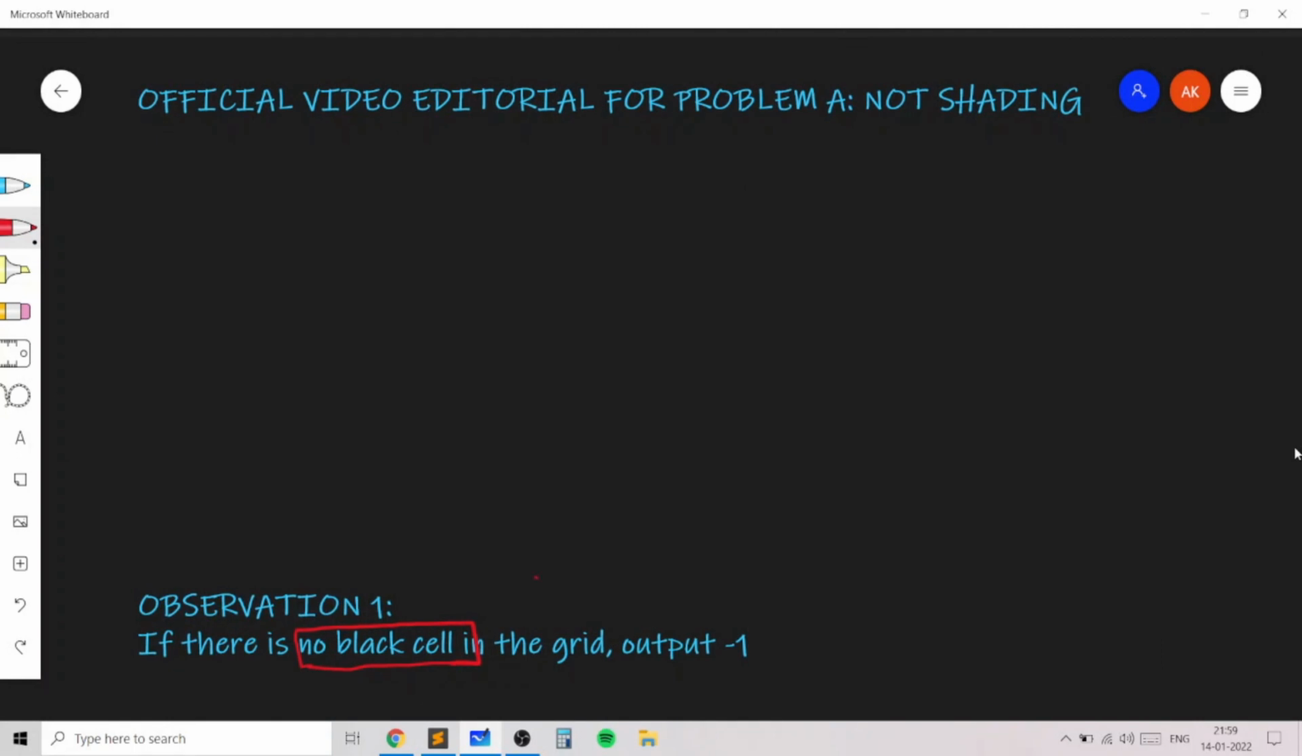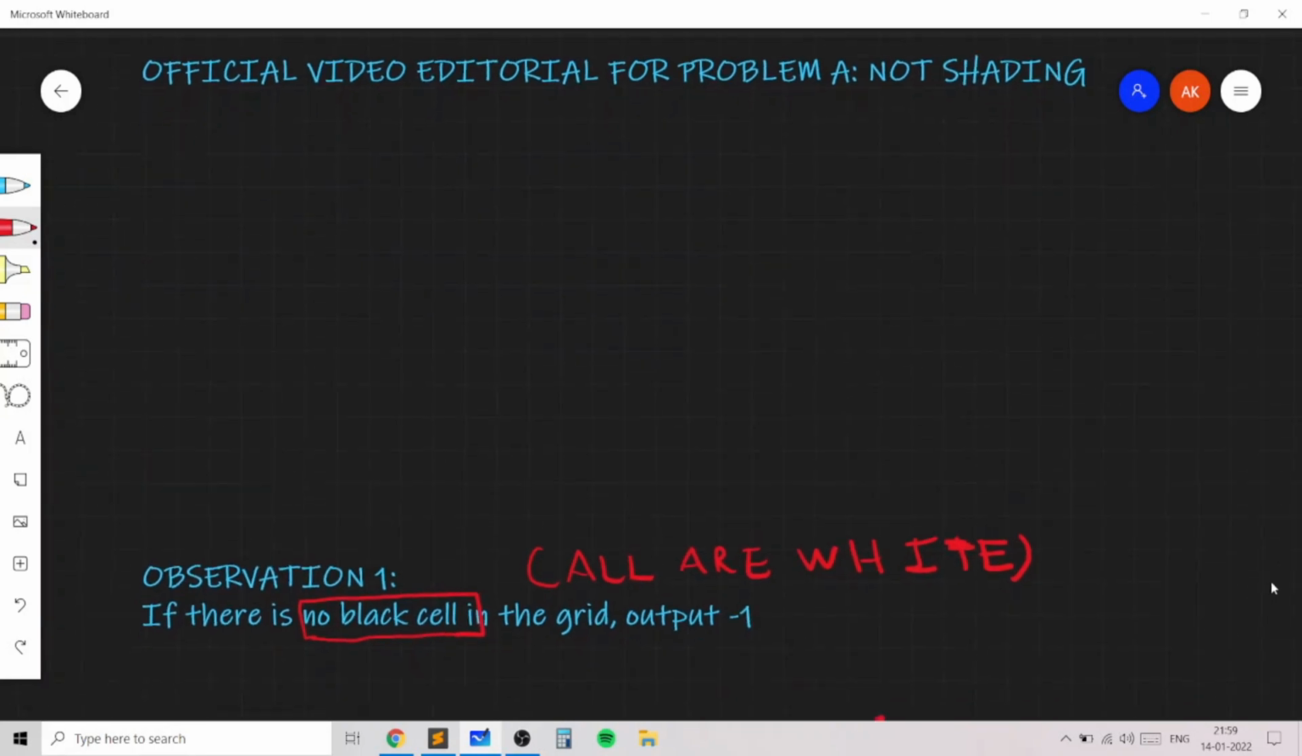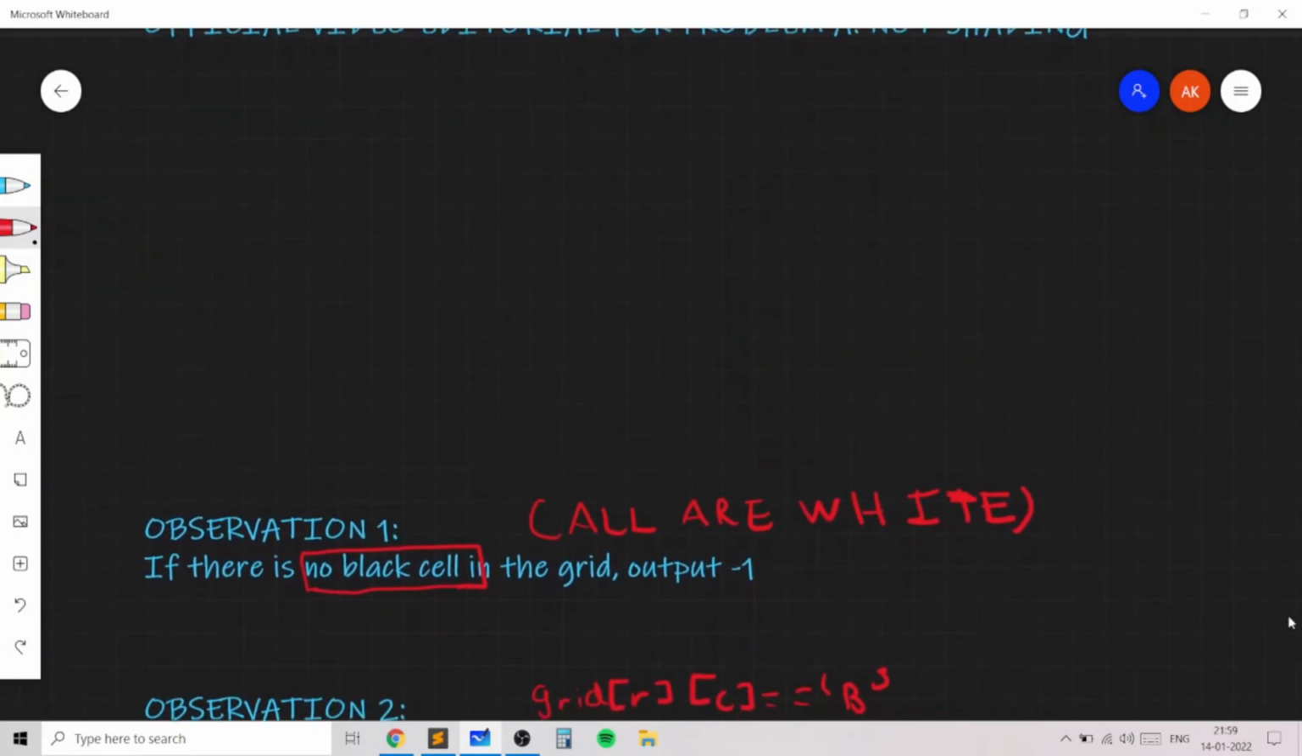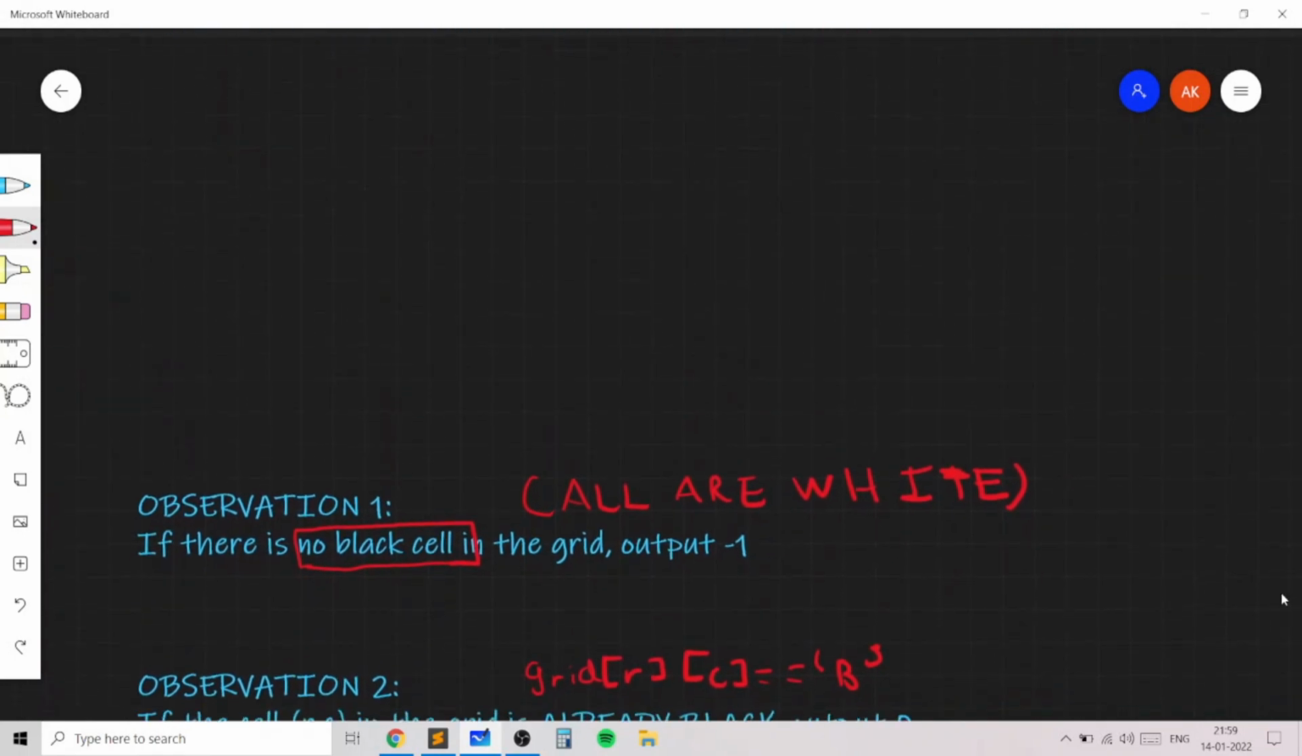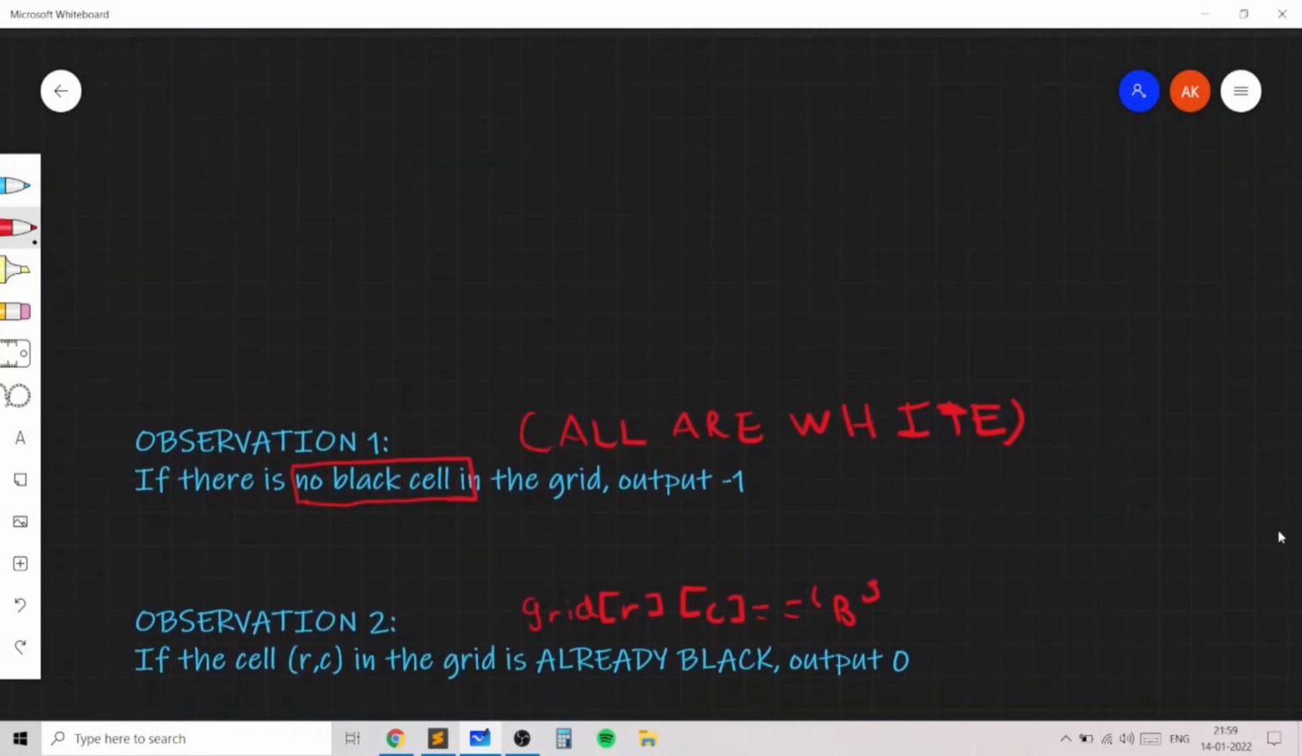If all the squares are white cells, then we obviously will not be able to perform any operations, so we will not be able to get the cell (r, c) to be black, and hence we will print -1. In case the grid square (r, c) is already black, we will output 0, because we don't need to perform any operations in order to make the cell black, it's already black. Then the third case is